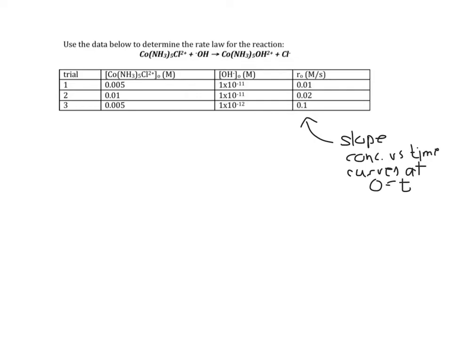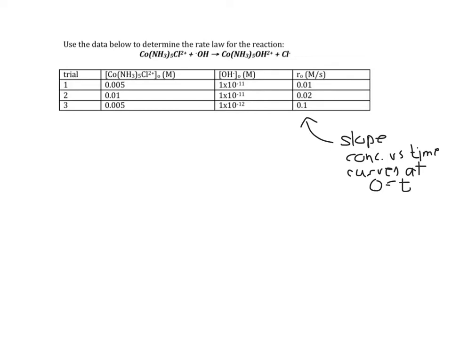Then we have in the other two columns the concentration of cobalt amine that we started with. So the sub-zero there means the initial concentration of cobalt amine, and the initial concentration of the OH minus that we started with for 3 different trials. And what we want to know is what the rate law is, in other words, what is the order of reaction for both of the reactants, and the rate constant, that is the proportionality constant between rate and the rate